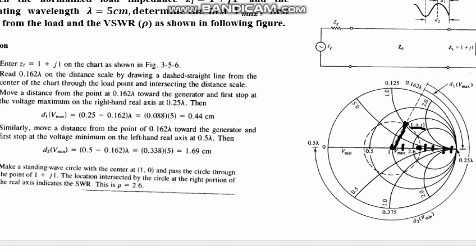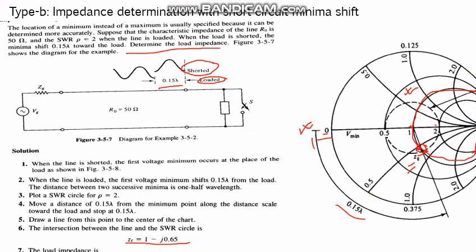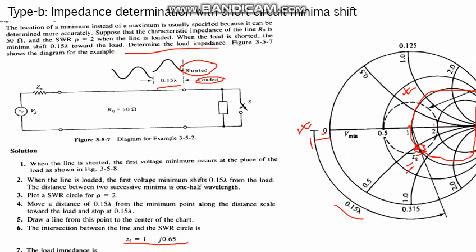Okay, the point of confliction is here, also 2.6. So that is the voltage standing wave ratio that you want to calculate. The last part is another piece of mathematics related to the Smith chart, where you have to find out the short circuit minima shift. What is the short circuit minima shift?